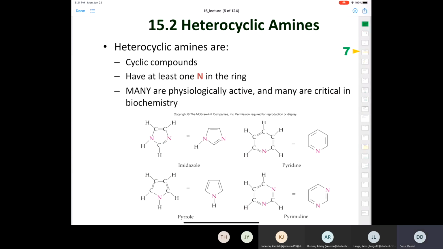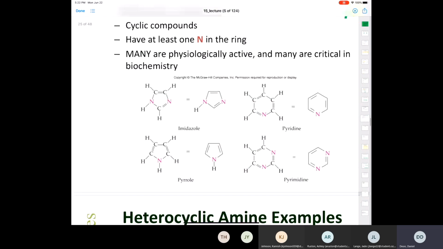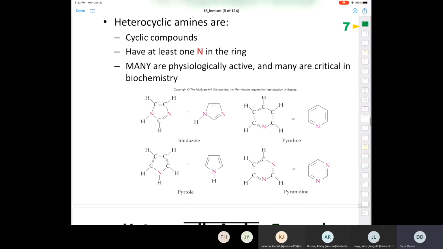All right, section 15.2, heterocyclic amines. Heterocycles are cyclic compounds that have at least one nitrogen in the ring. And it says here that many are physiologically active and many are critical in biochemistry. And if you were to go on something like Wikipedia, which is a perfectly legitimate source for looking at,